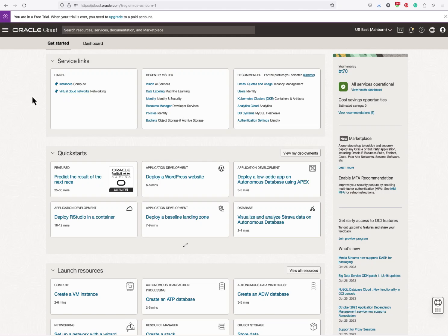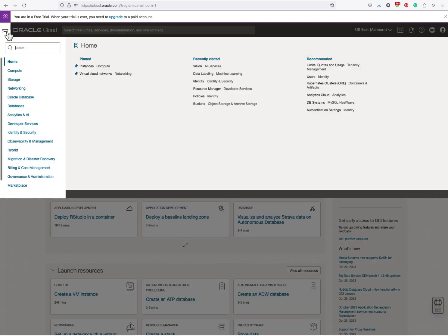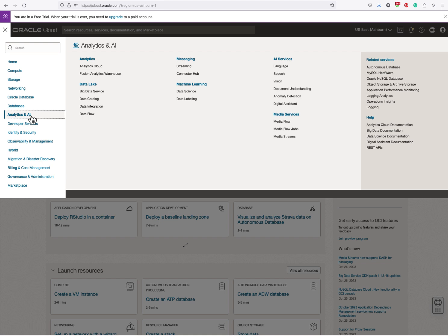So let's have a look at some of the custom built models that come as part of a standard installation of OCI Vision. These are pre-built ones that Oracle has given us, which allow us to try it out and see some of the capabilities. So if we go to the Vision service,